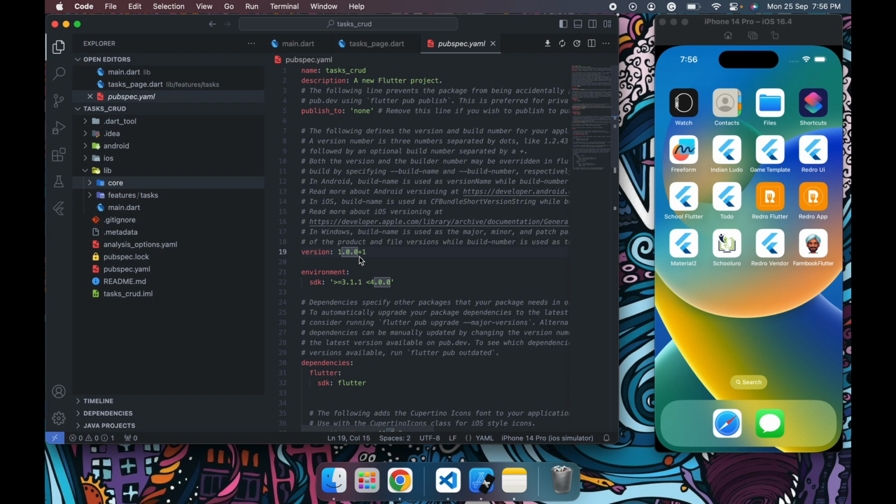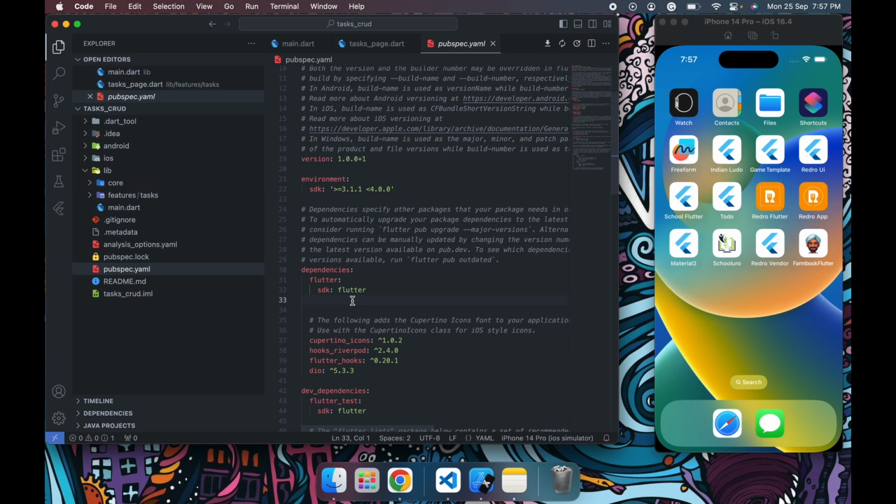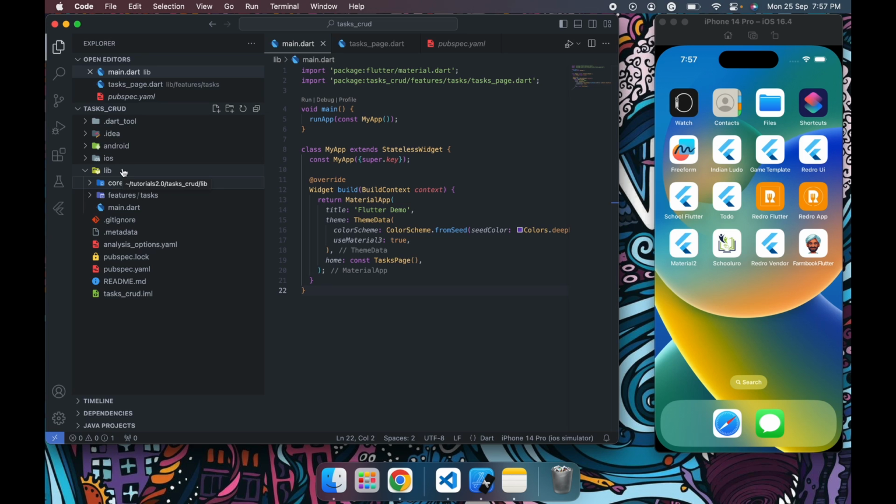Hello everyone, in this video we will create a simple CRUD app using Riverpod 2. We will use Dio to integrate APIs. Let's start. I have created an app,